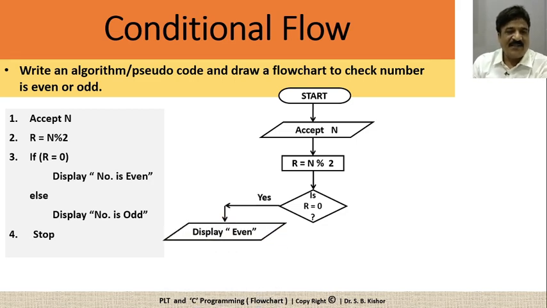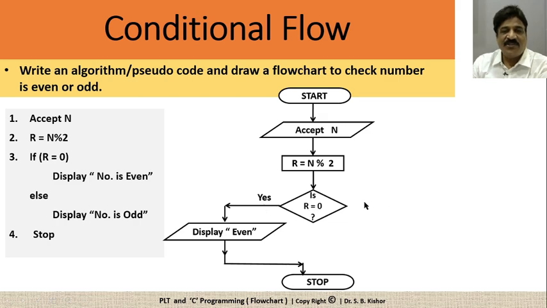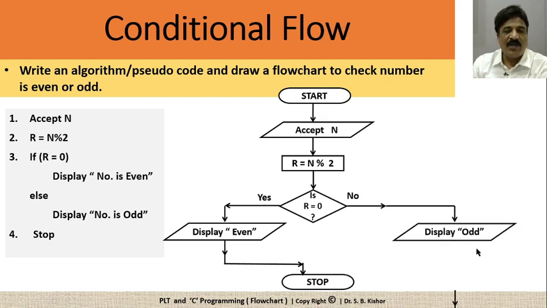So in this case, I am writing what? A yes part on the left hand side. If the condition is true, it means the number is even, and then make sure to go up to the stop part. Don't do two things simultaneously. And now when the condition is false, display odd and then stop. So in this case, we have written the yes part on the left hand side. Again, remember, it's not compulsory. And observe the arrow symbol, that is the sequence of flow, how it is moving.